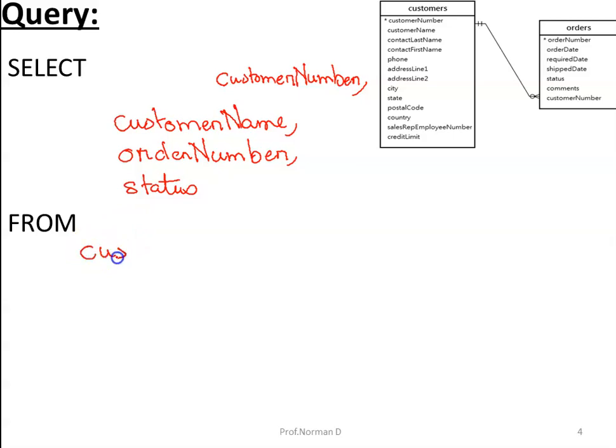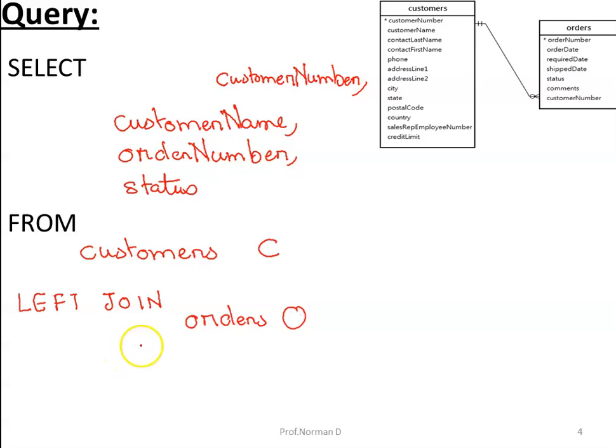So from customers, rather than specifying inner join, I'll specify left join the orders table, renaming the customers table to C and the orders table to O. Now, what is our join condition?